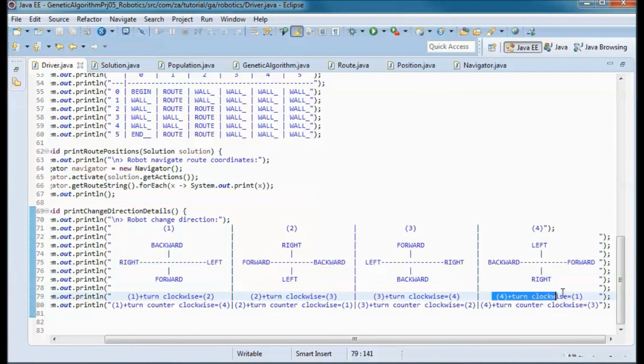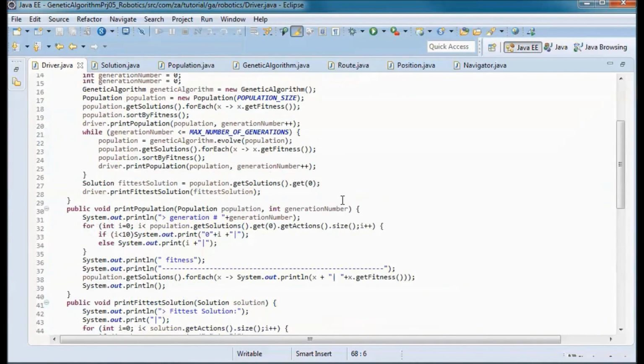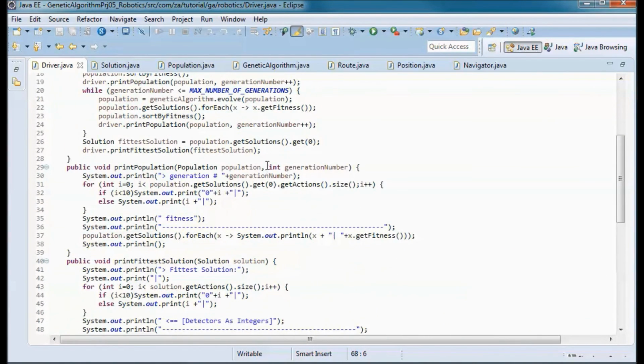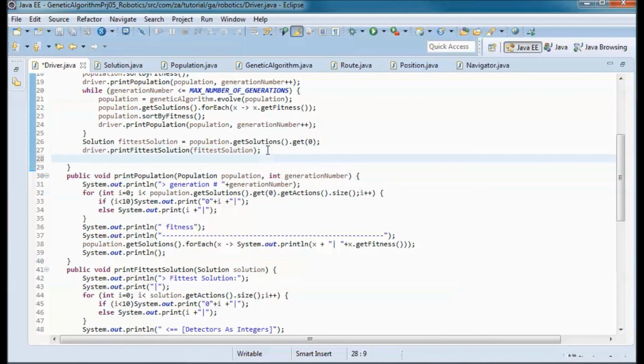And 4 turn clockwise, we end up with 1. And 4 turn counterclockwise, we end up with 3. 3 turn counterclockwise, we end up with 2. And 2 turn counterclockwise, we end up with 1. And 1 turn counterclockwise, we end up with 4. So I will be calling those 3 methods from here.